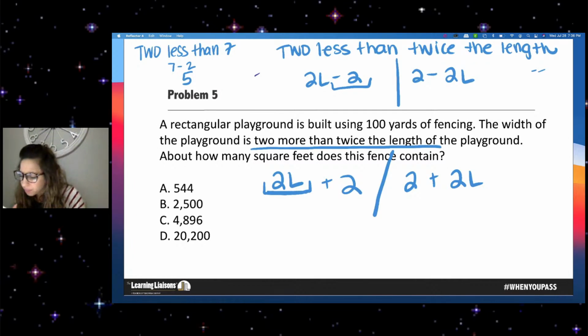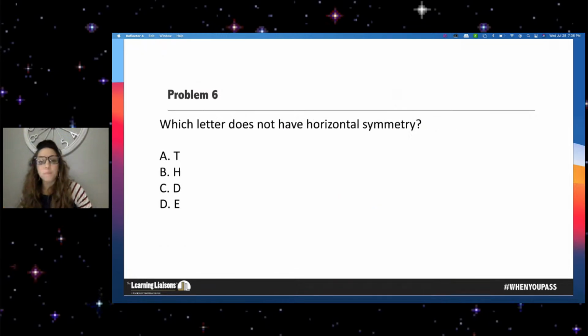All right, let's go ahead and do a problem for our pre-K through 3 folks. So if you are preparing for a pre-K through 3 assessment, symmetry is on your assessment. Now, I always like to add at least one specific question for our pre-K through 3 people because their test often does overlap with our K through 6, but there are some very specific topics on that pre-K through 3 test that are not on any other test, like symmetry. So, which letter does not have horizontal symmetry?